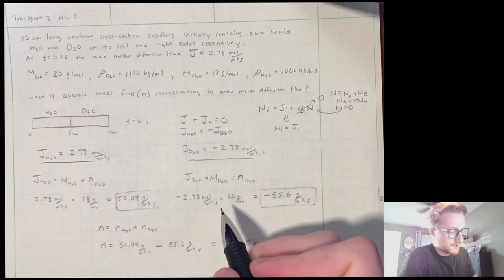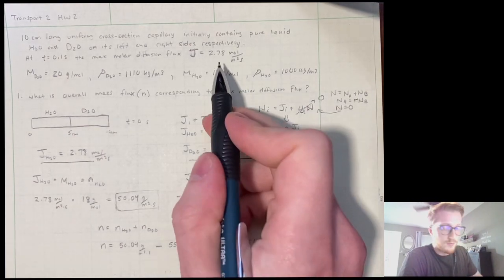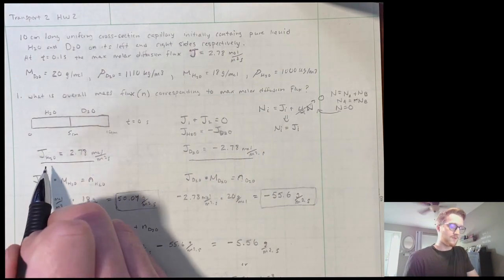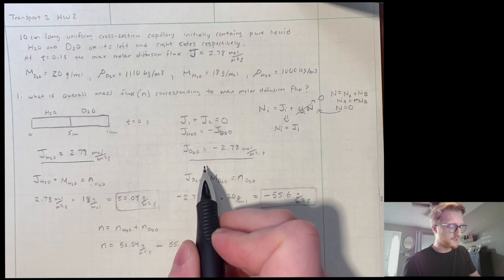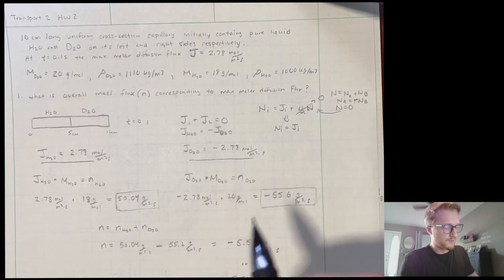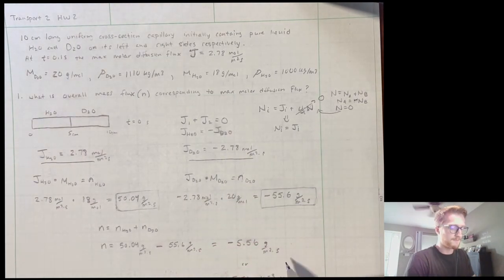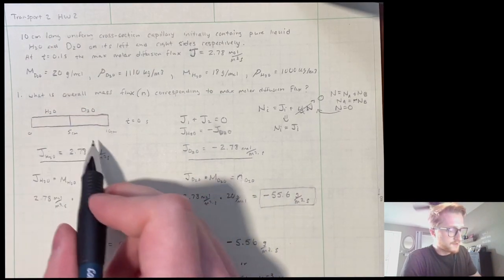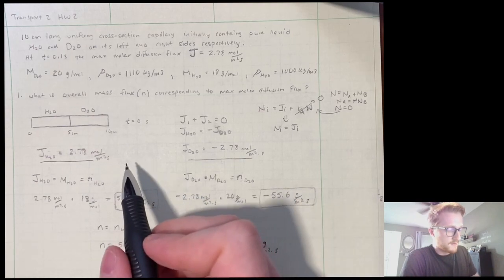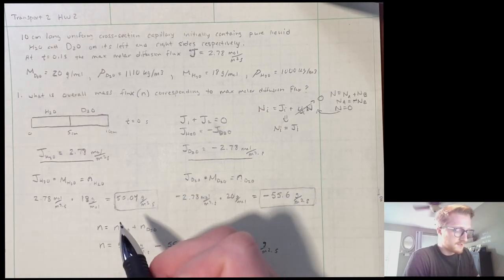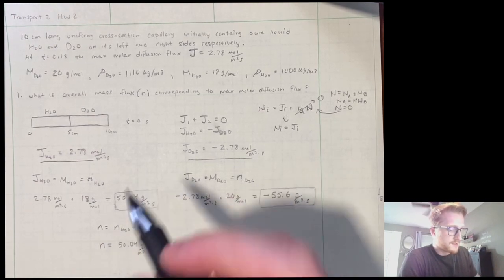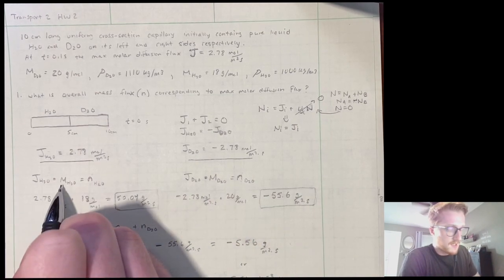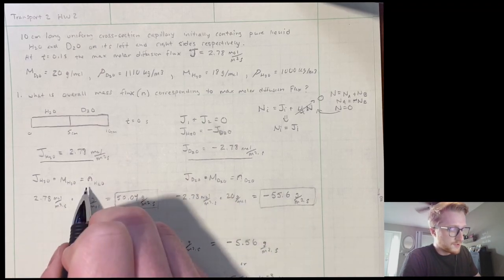And in this case, we know that this max diffusive flux is 2.78 moles per meter squared second. So therefore, the molar diffusive flux of water is equal to 2.78, and deuterium is the opposite, negative 2.78 moles per meter squared second. So now we want to convert the molar diffusive flux into a mass diffusive flux, or a mass flux. The way we can do this is we can take the molar diffusive flux of water times the molecular weight of water